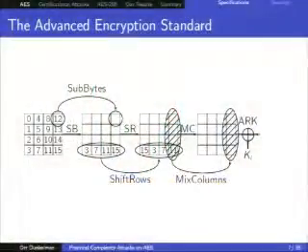Now, most modern symmetric key ciphers operate on the concept of rounds. So you have some basic transformation, and then you repeat it. You iterate it again and again. In the case of AES, it's either 10, 12, or 14 rounds, depending on the key size. Okay. Questions so far? Great. So this is the state.